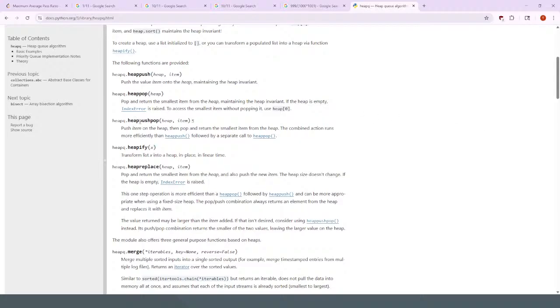I want it to actually be pop, then push. Heap replace: pop and return the smallest item from the heap, then push the new item. Yeah, I should be using heap replace